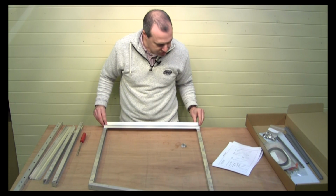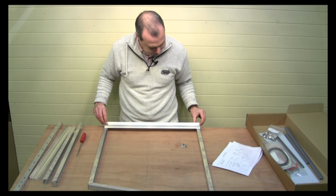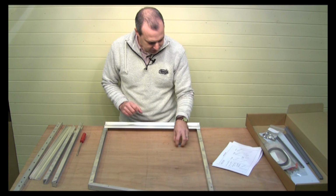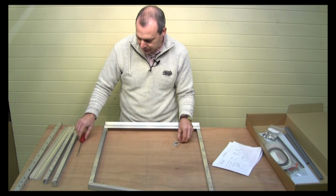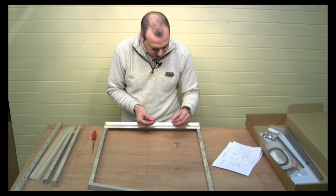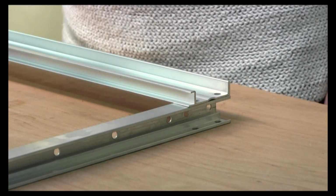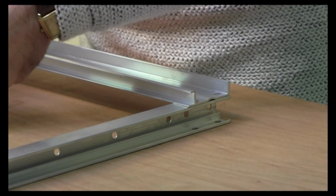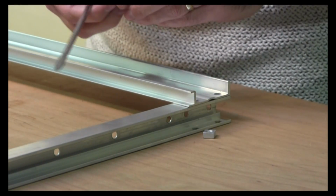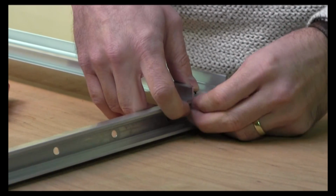We don't need to worry too much about squaring it all up at this stage. We'll do that a little bit later. So that's all we need to do, and then we just need to bolt that together. So we want a flat bladed screwdriver for that. Now these nuts and bolts, the nuts are quite chunky, and you don't need a spanner on the inside. You just hold them under the hole, and then with the screwdriver